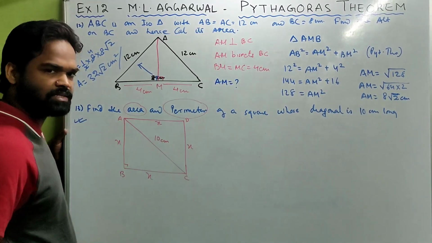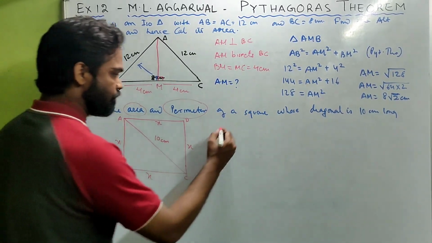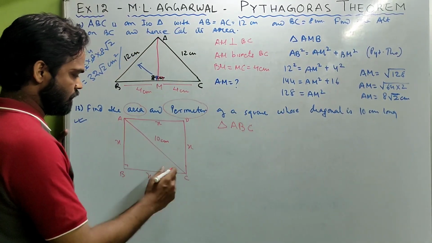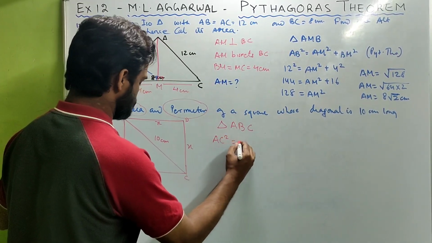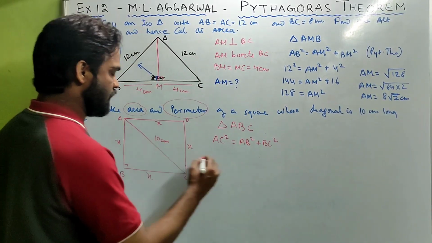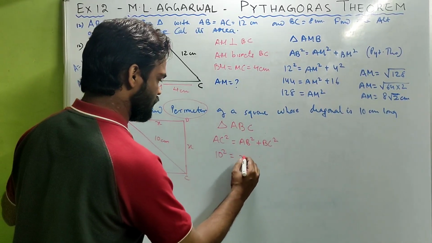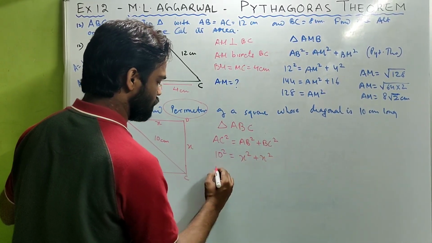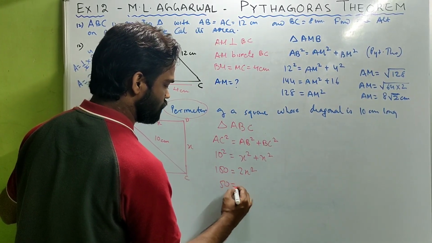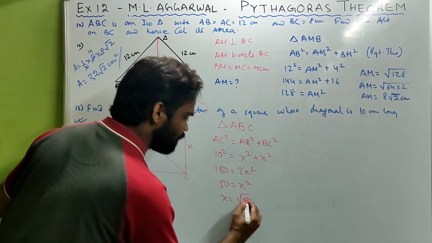Suppose we take AB as x centimeter, then the other sides will be x. Now look at triangle ABC. AC square is equal to AB square plus BC square, isn't it? Which means AC square is how much? 10 square is equal to AB square, x square, plus x square, which is 100 equals 2x square, which means 50 equals x square, which means x will be root of 50, plus minus, we don't take